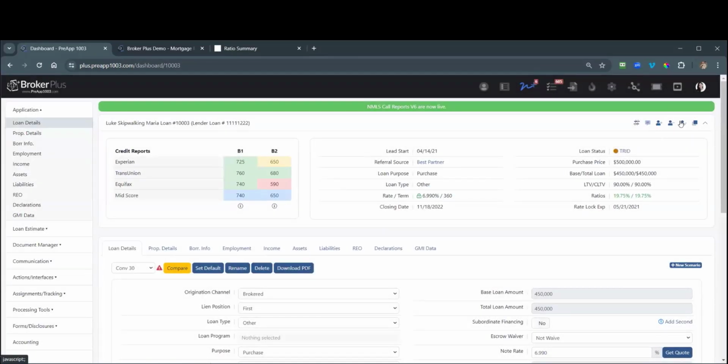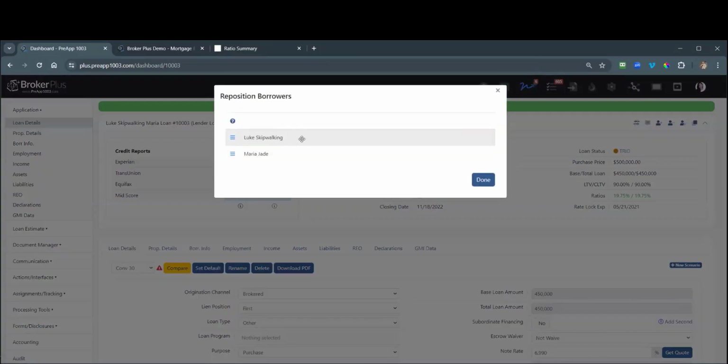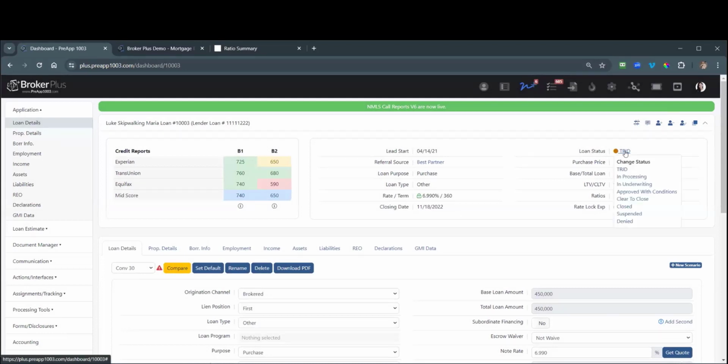You could add over here on the right, you could add, remove, or edit the position of the person, okay, the borrowers. You could clone the file. Right here, you can move it into different statuses. You could adjust your